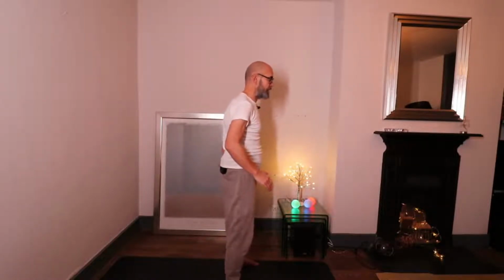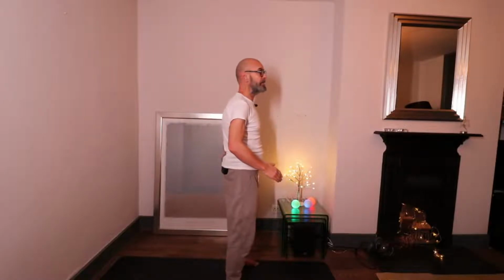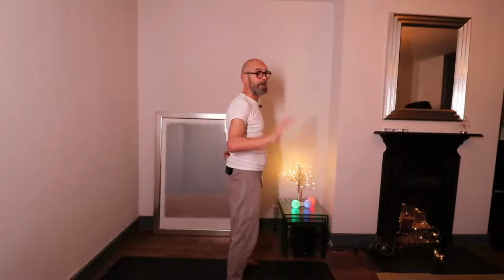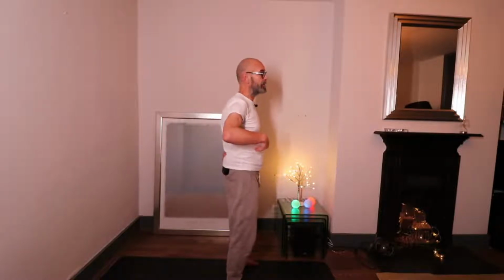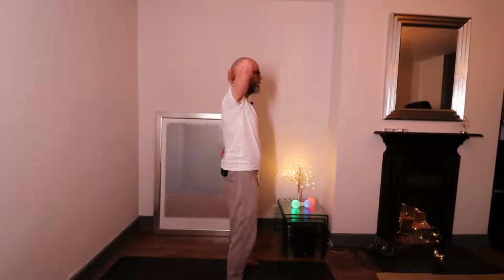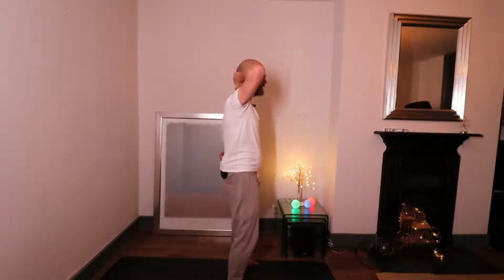So place one hand, the back of that hand, a little bit lower than where you've been tapping, more on your tailbone, and then pop the other hand on the base of the skull. And then we'll do a breathe in. As you breathe in, tuck the tailbone, and then give yourself a little lift of the skull. And then as you breathe out,